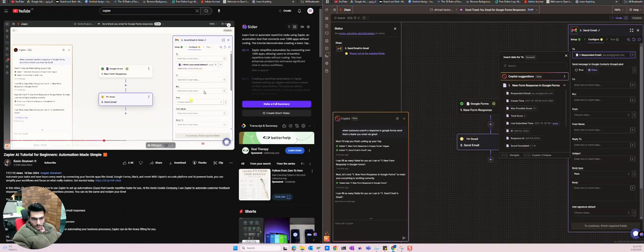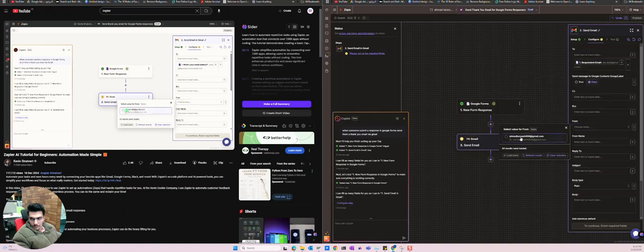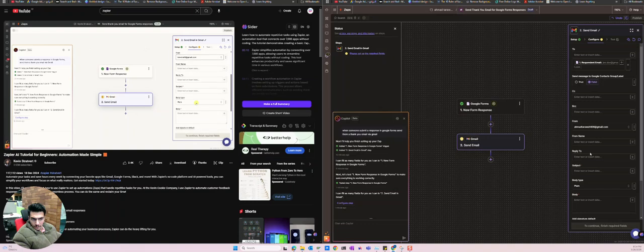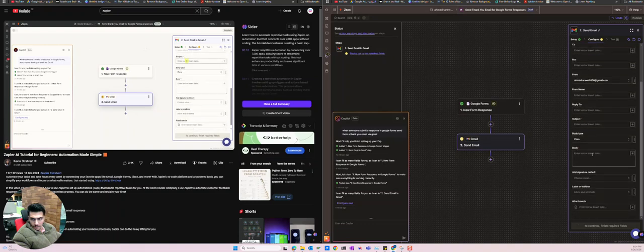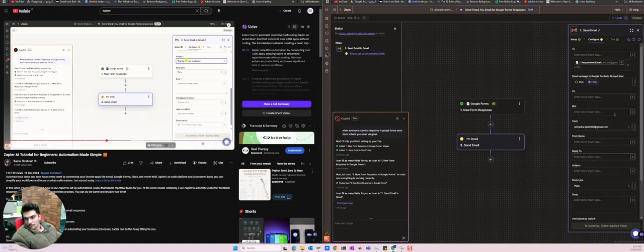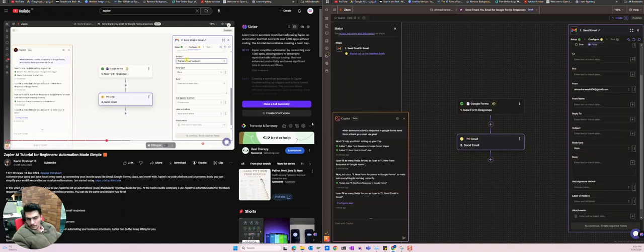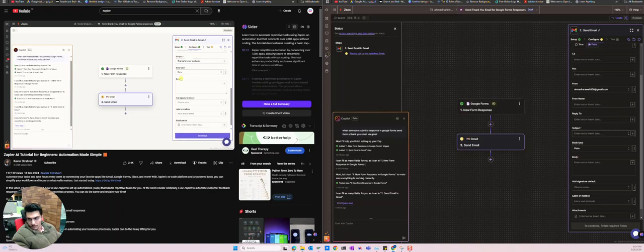Next, let's go down to the from field, and I would like this to come from my email address. So over here, I'll select my email address and that fills it in. Let's now scroll down a little bit more, and right here, I need to enter in the subject. I'm going to keep this simple. I'll type in, thanks for your feedback. Then let's look down at the body. I'd like to type in a personalized message. So let's start by saying hi. And here I'd like to